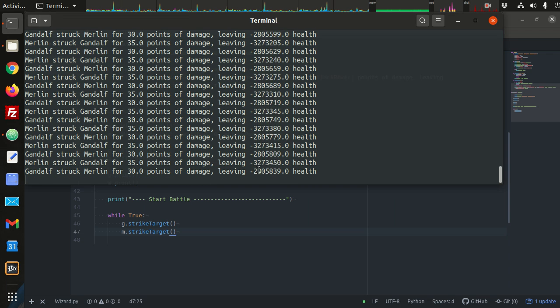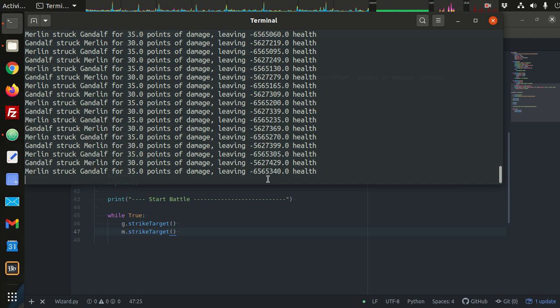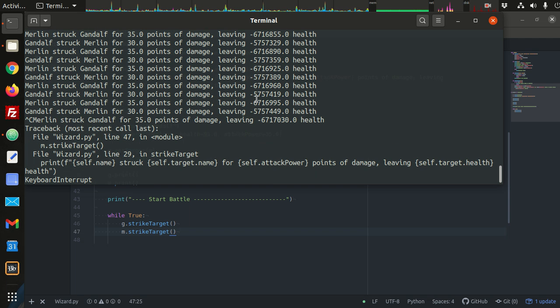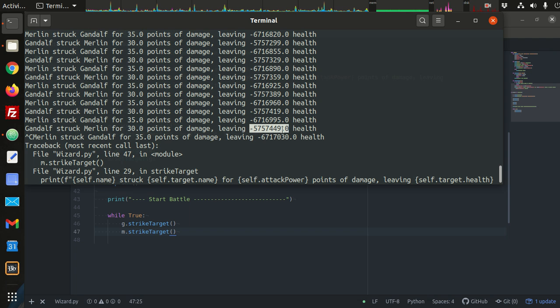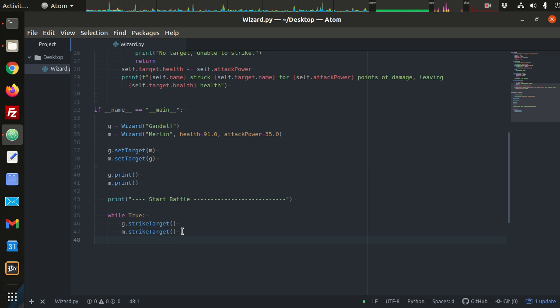All right, so we see big negative numbers here. So Control-C breaks us out of the loop. But negative health numbers don't make any sense. When you hit 0, you supposedly should have perished. So what we need to do is say somewhere in here, if either of our wizards' health is less than 0, then we'll break out of the loop. So if g.health is less than or equal to 0, or if m.health is less than or equal to 0,